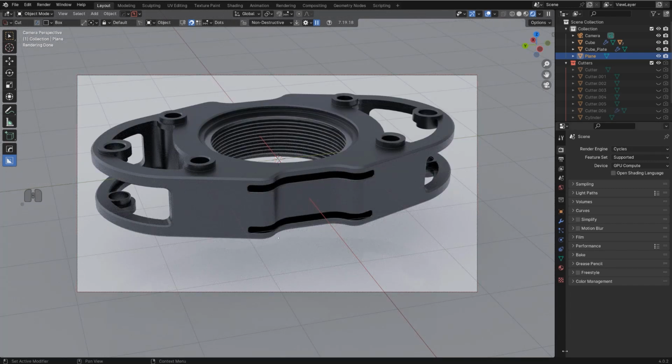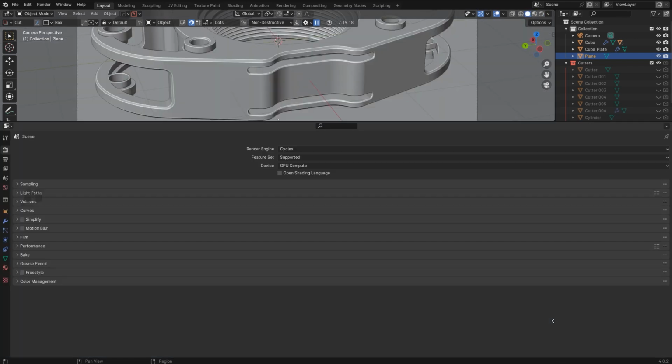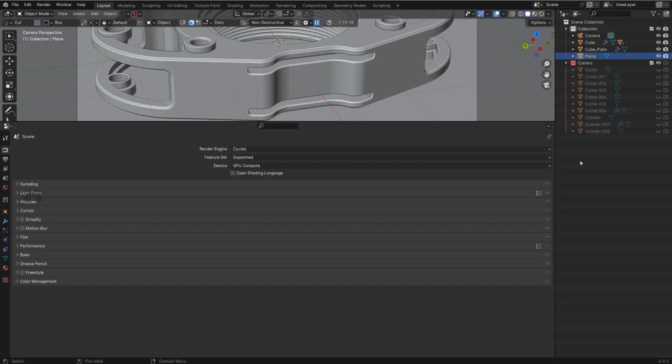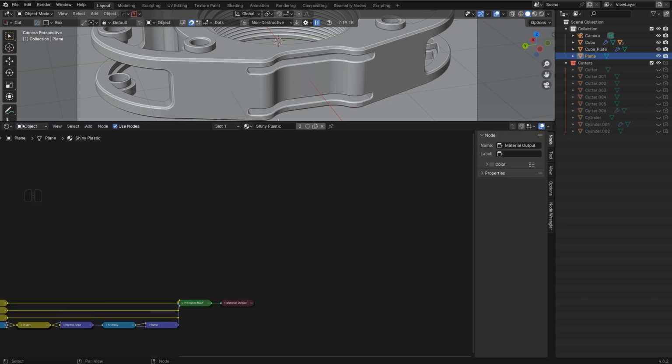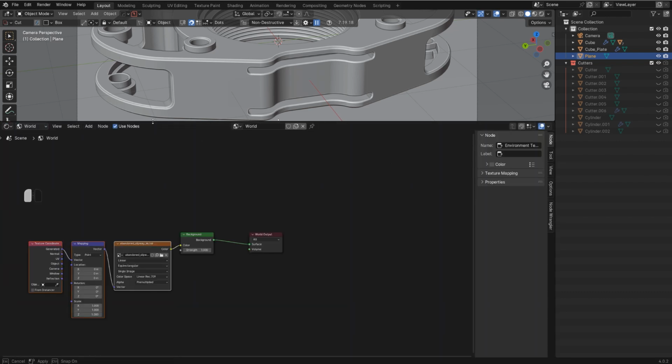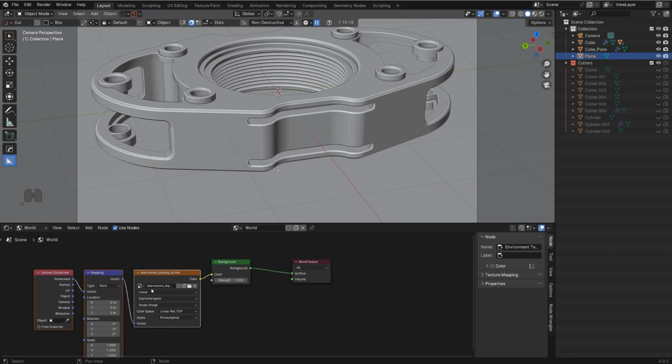Now render settings, well, I'm gonna be using, oh, it's always happening in this Blender. Hang on, let me just fix this. I'm gonna be using a different, what do you call this thing? Azure Eye. We're gonna be using paid Azure Eyes from